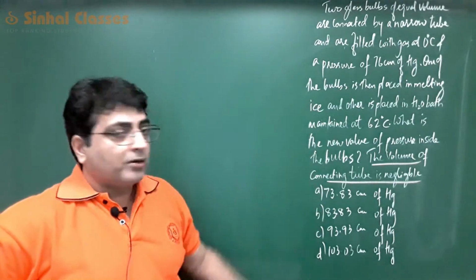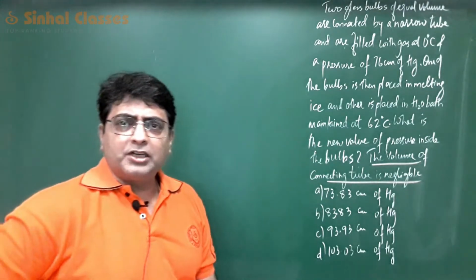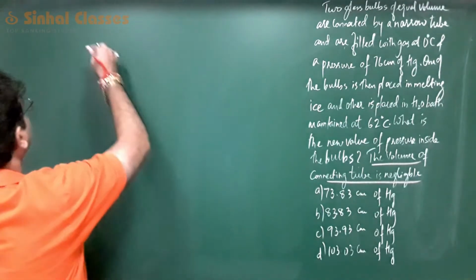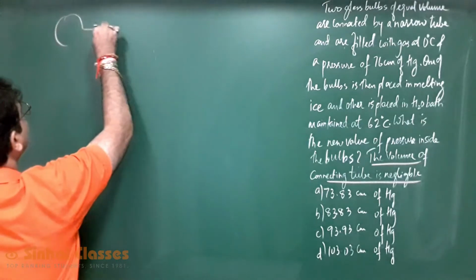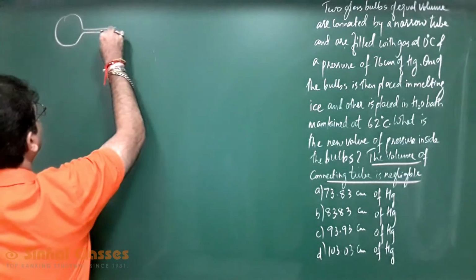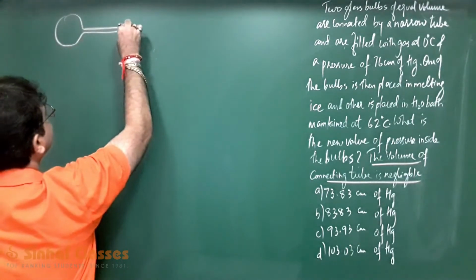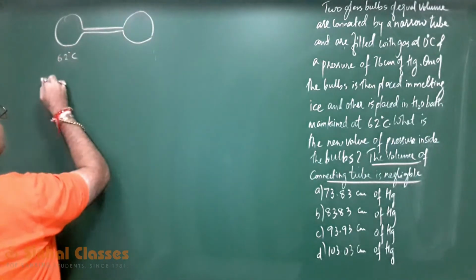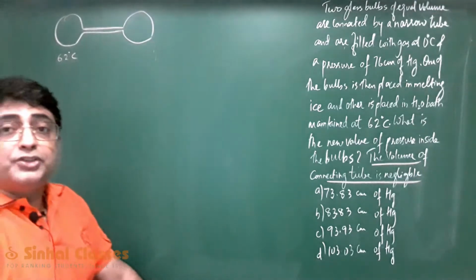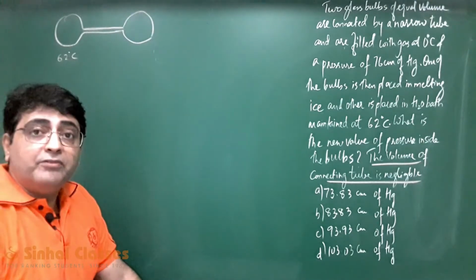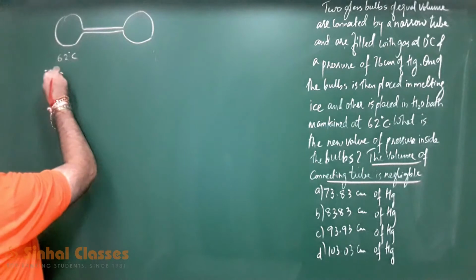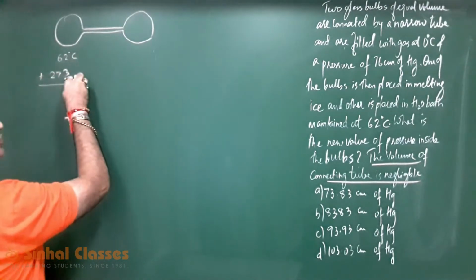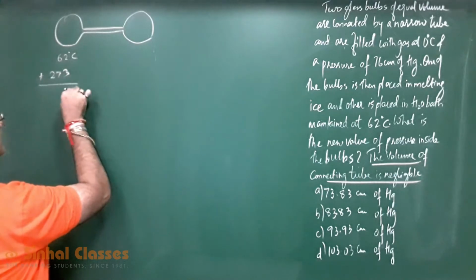Now let us draw a small diagram to understand this concept. Suppose I consider these are the two bulbs, and these two bulbs are being connected by a small tube. Now one of the bulbs is at 62 degrees Celsius. Can I speak about it in Kelvin? Yes sir, so I add 273. Degree Celsius to Kelvin, students, add 273. So 5,